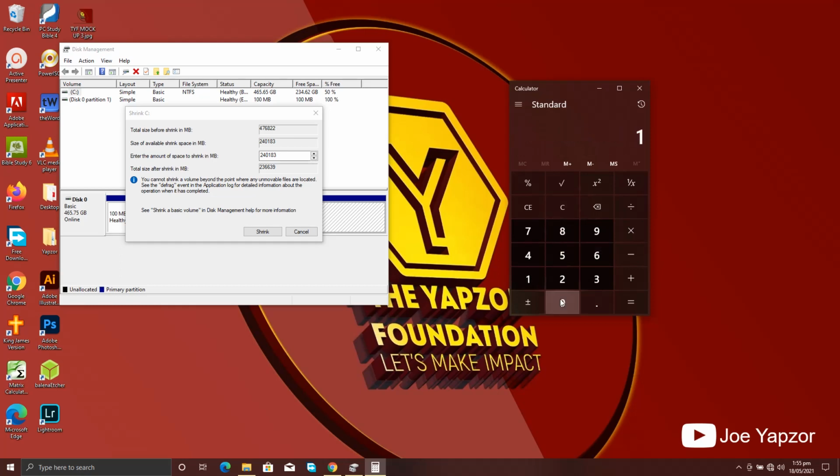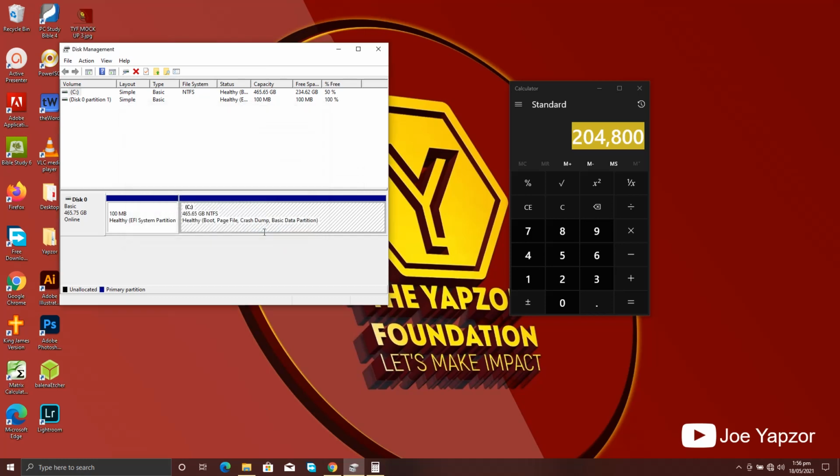So 1024 by, I'll partition 200 gigabytes out of that. So when I equate this, I'll have 204,800, and you copy it, paste it here. You simply type it, 204,800. So it's processing it, and as you can see here, this has been shrunk out, but it's not yet